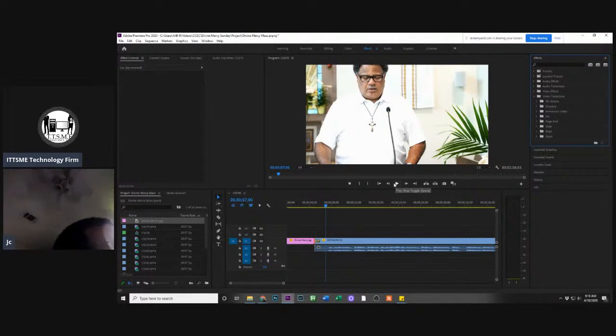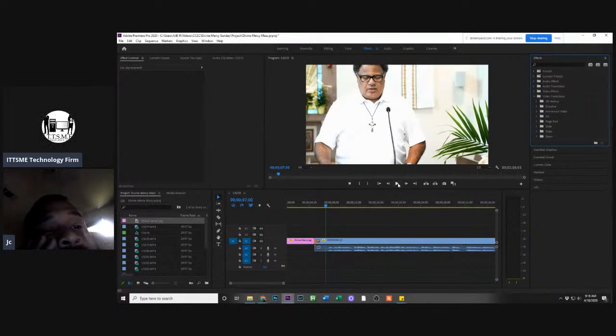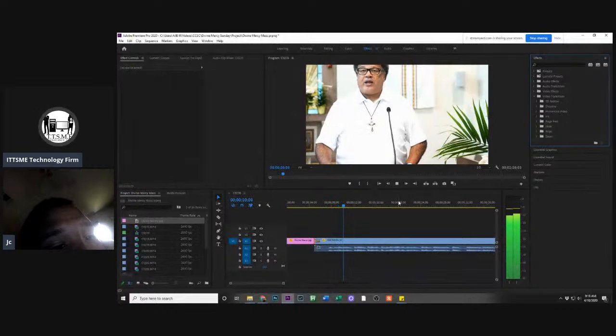Now, the first thing I'm going to do is hit spacebar to play, or you can hit play up top, but then I'm going to hit the L key because that speeds up the video, and you can do it multiple times. I think I can do it up to 3 times before this picture up here will start freezing. But I'm not going to go that fast for the purpose of this video. I'm going to slow it down. So I'm going to hit spacebar. But just to show you, if I hit L, if I hit it again,